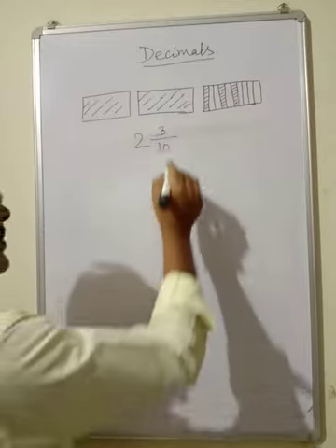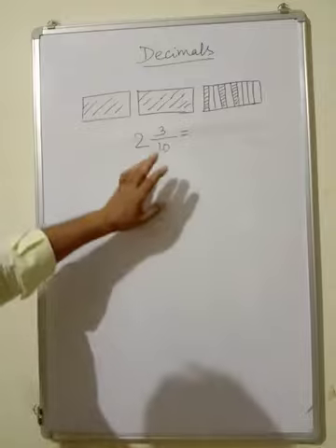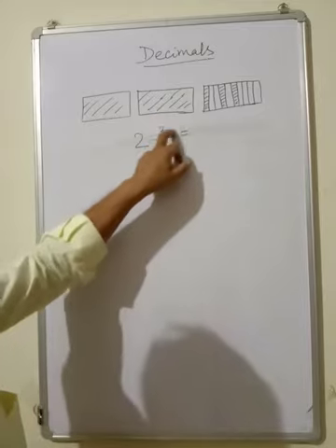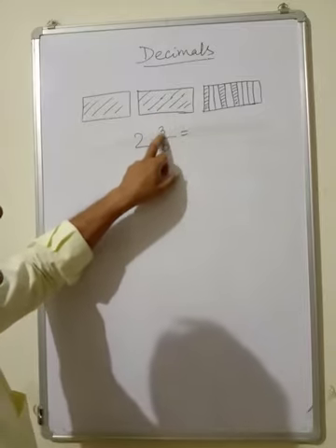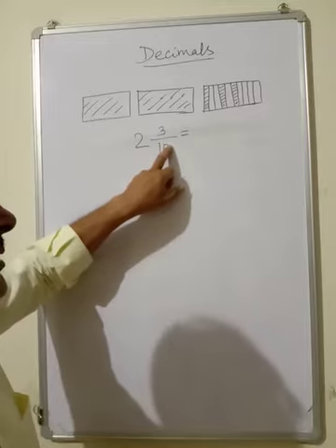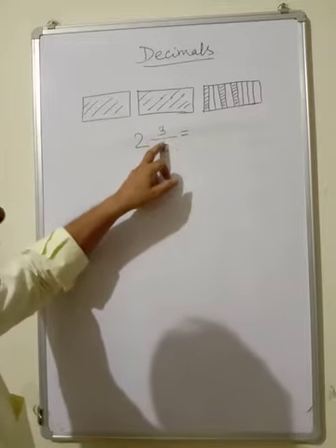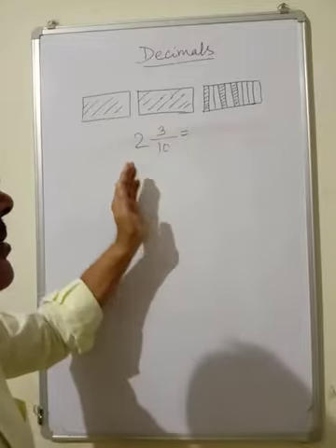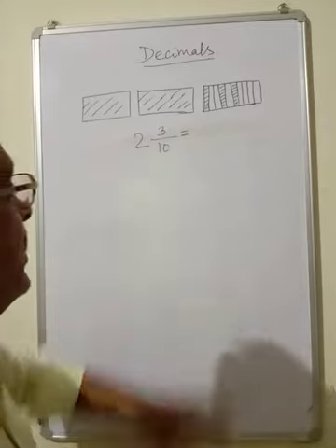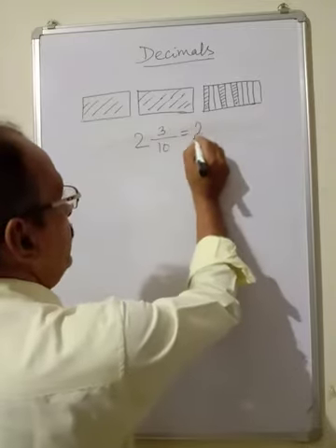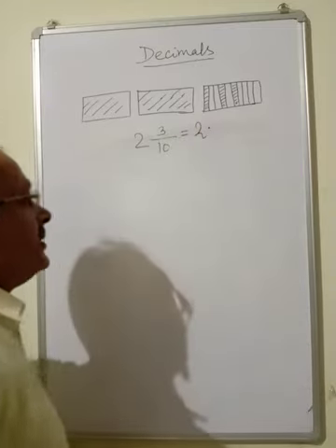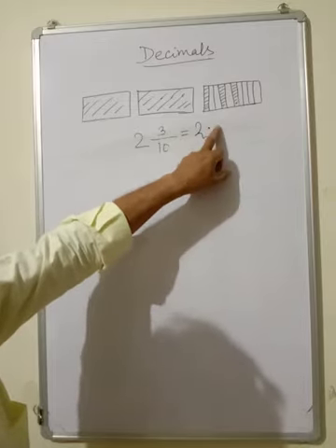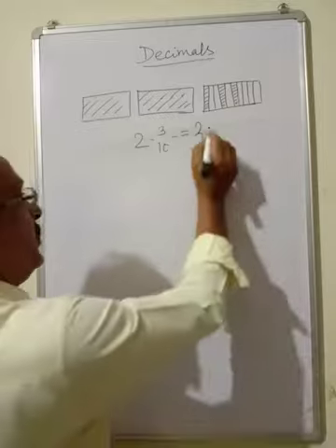Now in decimal, just now I have explained the tenths place. Where is the tenths place? Just after the decimal point. So this will be a decimal number because this 3 is taken from 10 parts. If your fraction is a proper fraction, the answer will always be less than 1, and the value of a decimal number is also less than 1. So first write down 2, then give the point. Now just after the point, this is the tenths place. And if here is 10, put 3 here.